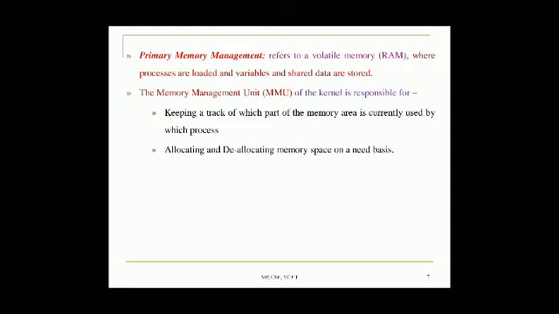The MMU is responsible for the next two points which I mentioned. What exactly does it do? It keeps track of which part of the memory area is scheduled and shared by the process.